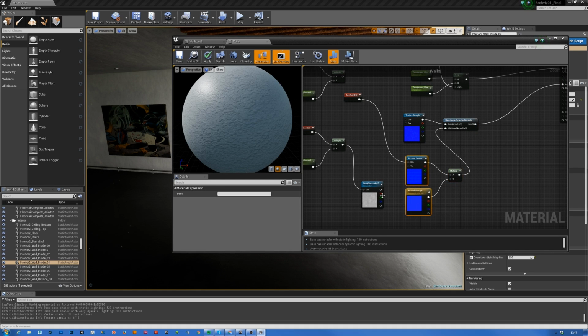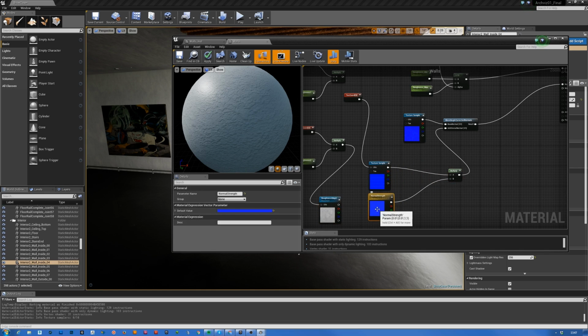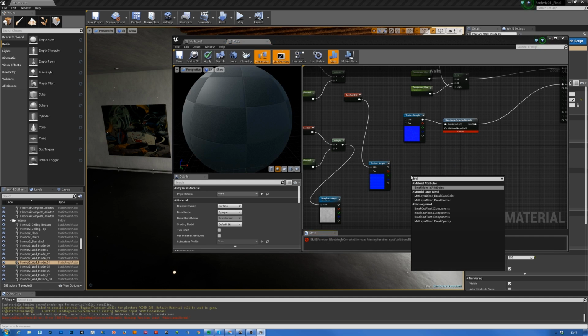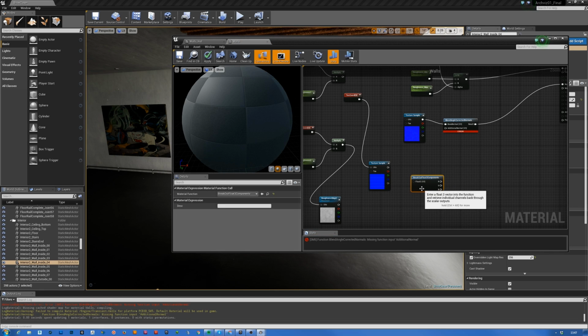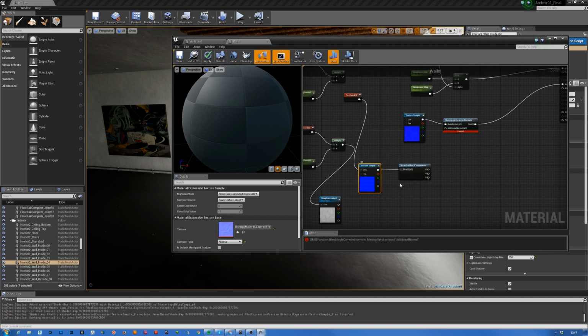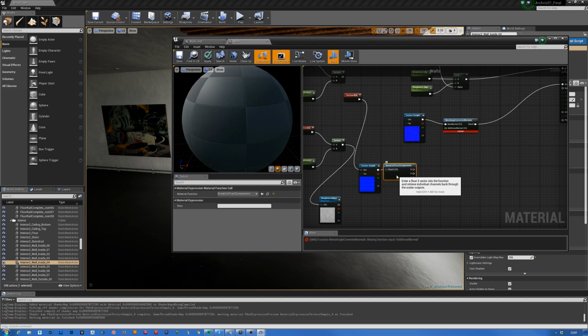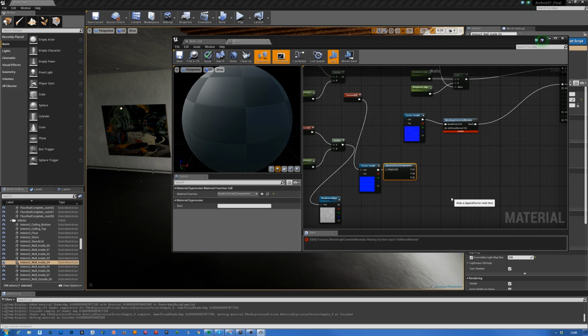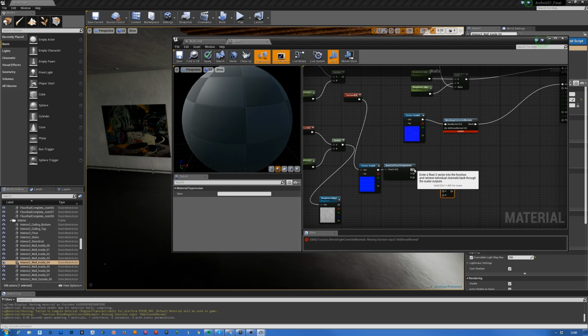We can also do the strength thing differently, because I don't like messing around with these numbers here. So what I usually do is break components. We can basically break these components, and we add the red and the green channel together,